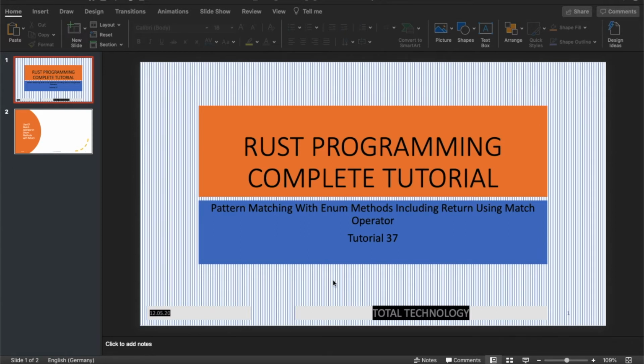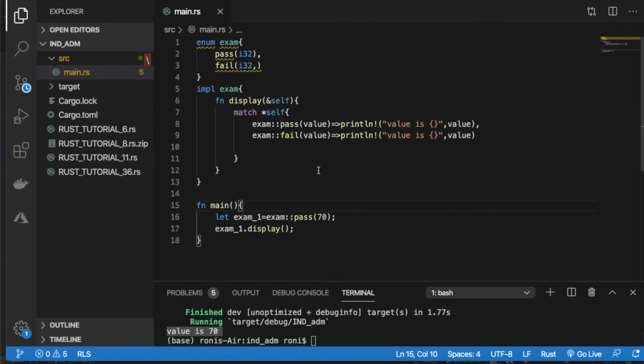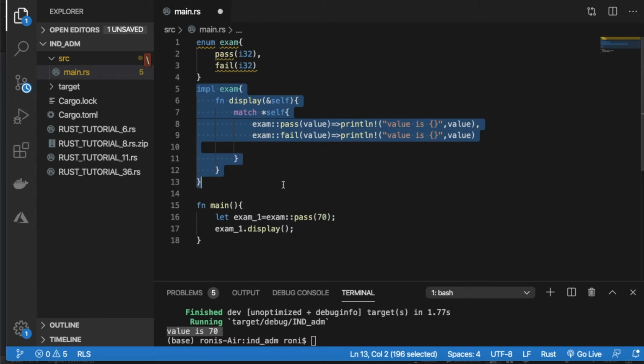Okay, so let me quickly jump onto my IDE. This is how we did it in the last tutorial. We created one enum, and after that we used this function, this enum method. But while defining the method, we haven't done any return, like the usual notation of returning from a function or method.